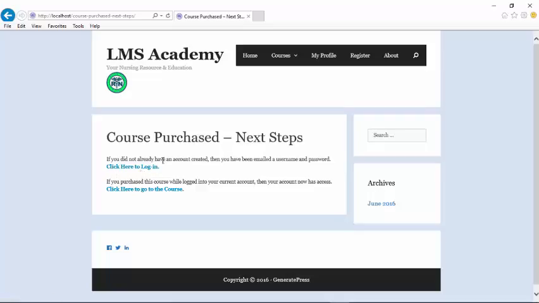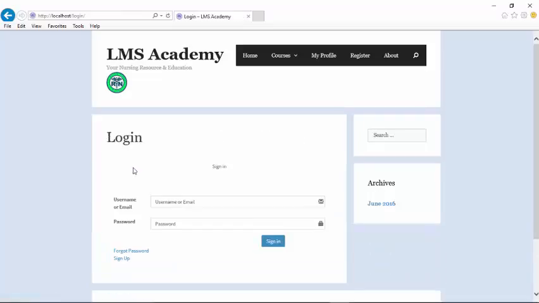So the next step is to click here to log in. Of course, if you were already logged in, you could click on the below link to take you to the course. But since we just paid for the course, we weren't logged in. Generally speaking, you would wait for your email, and you would go to your email system, and it will give you the username and password once you signed up through PayPal. So here I'm going to put